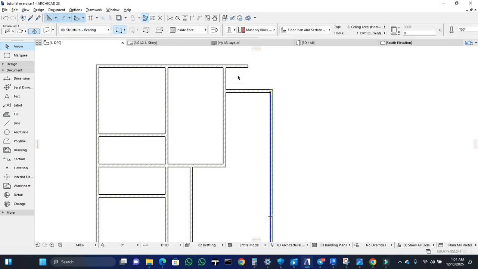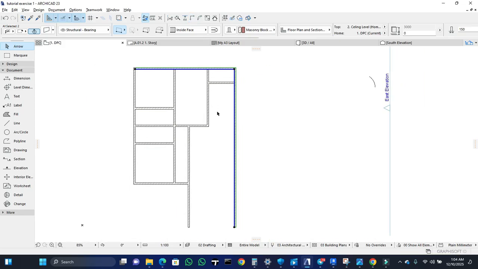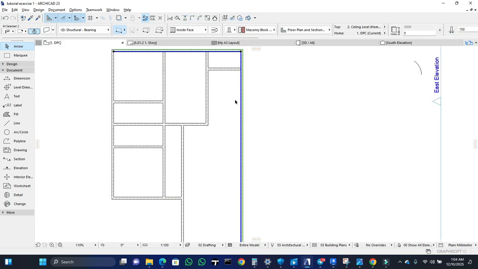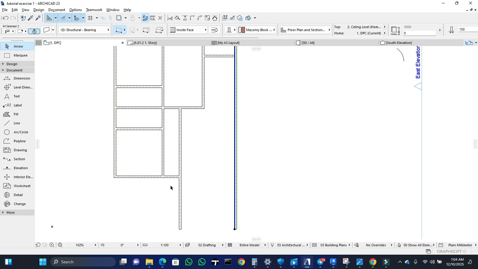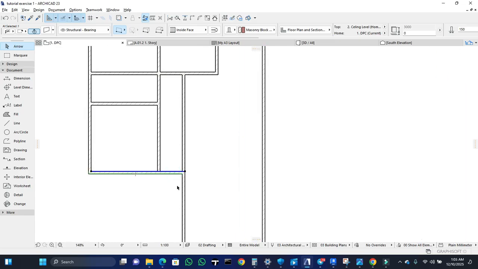Now that we have an intersecting wall, I could reduce this to this point, or I could leave it a little bit extruded for elevation purposes. So if I should extend it by